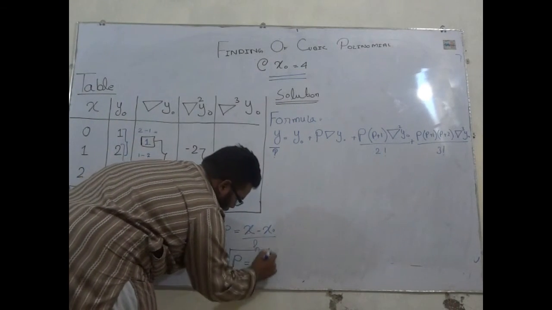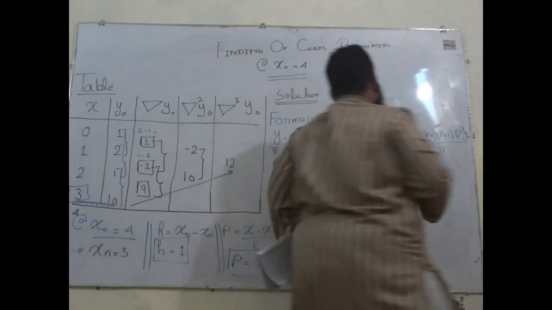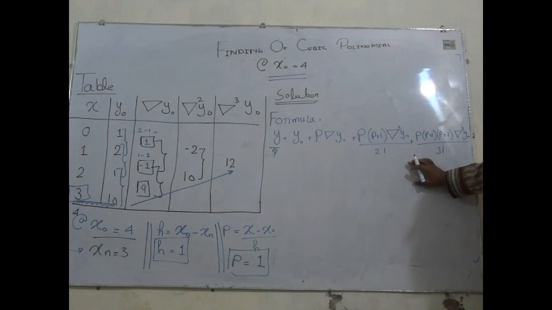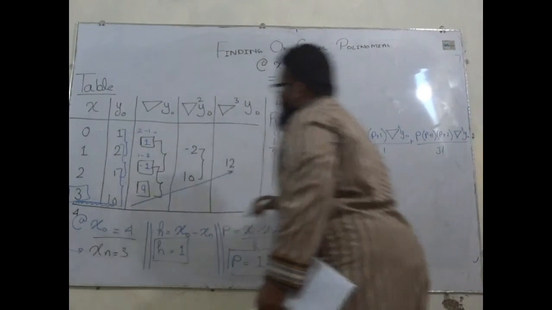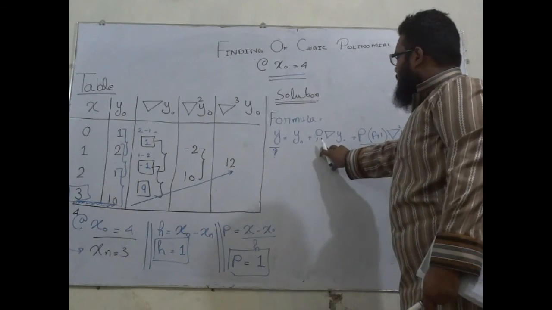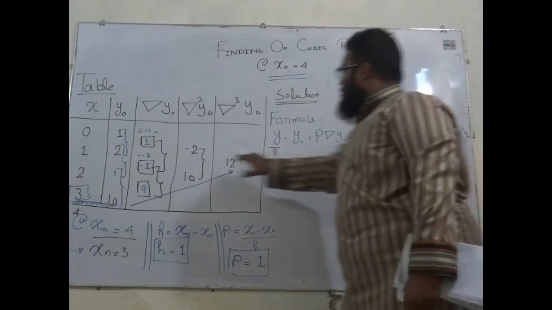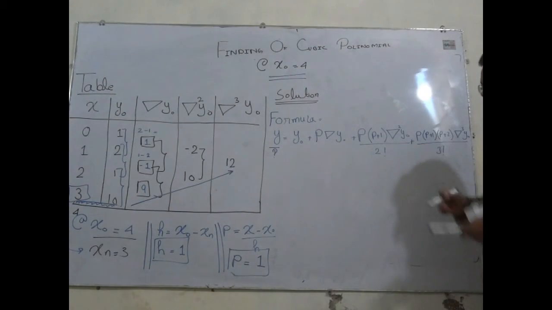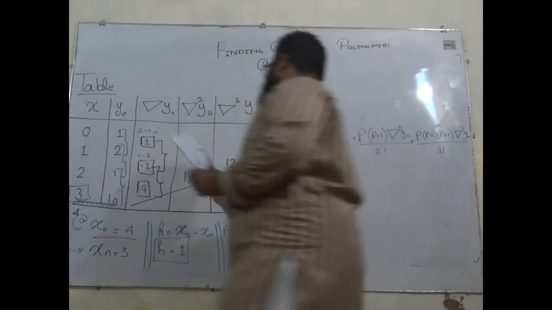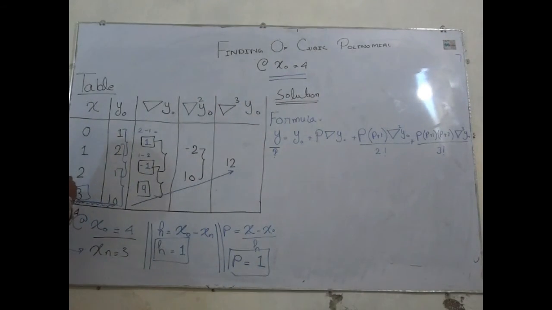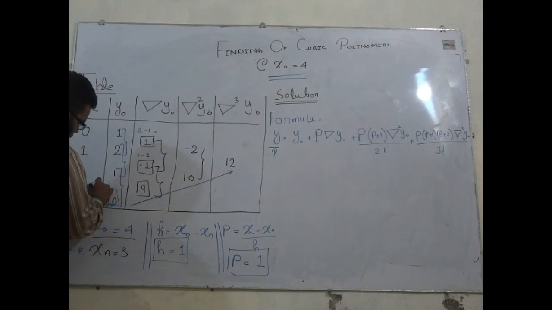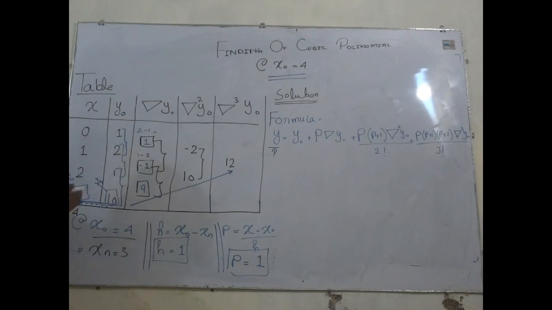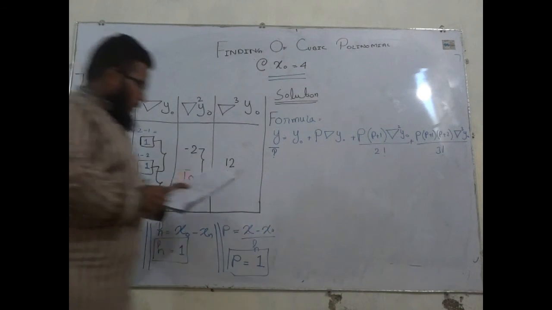Okay, now this is the formula for cubic polynomial in backward condition. We have the values of y naught, which is this. We have the value of p del y naught, and this del y square, and so on. Now putting the values of these in the equation, this value will be x naught and this will be y naught. Okay, so by putting the values of